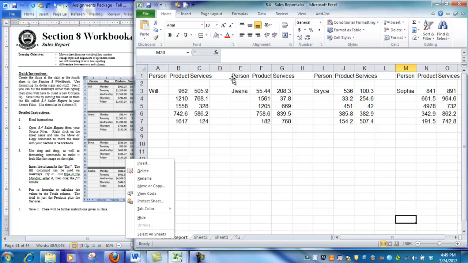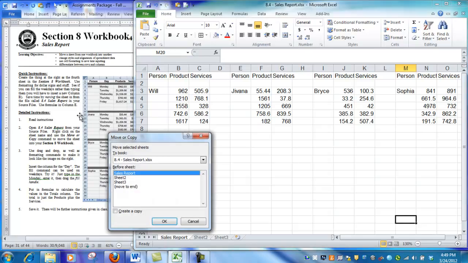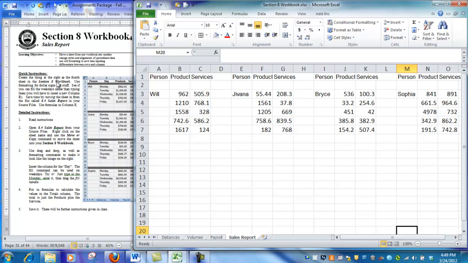We right click on that and we go to move or copy, and we get this box, and here we can choose a book, and there we can choose a location. So if we pull this down, I have my Section 8 workbook open, and that's why it shows up here. So I choose that one. It shows me the various sheets that are in that workbook. I will check move to end, and I'll say OK,